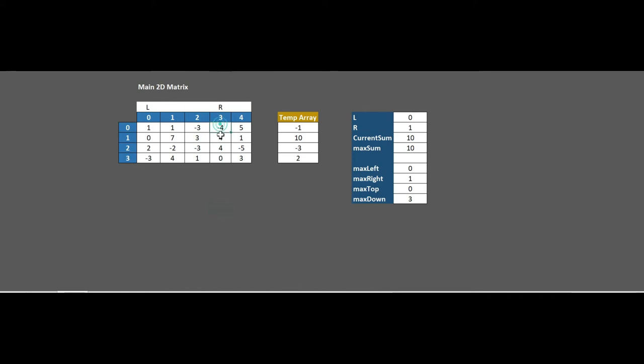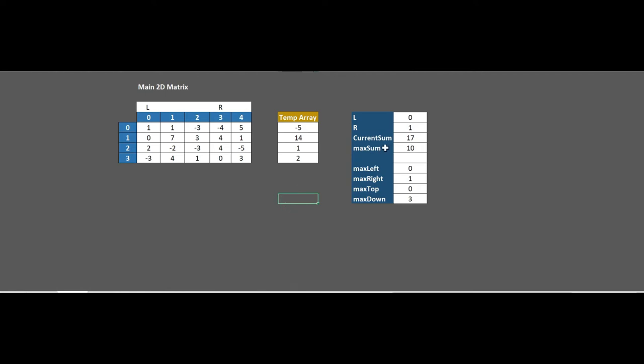So what we have to do is add all of this with this one. Minus 4 and minus 1 if we add, it will become minus 5. 4 and 10 if we add, it will become 14. 4 and minus 3 if we add, it will become 1. And 0 with 2 if we add, it will become 2 only. If we apply Kadane's algorithm here, this will give us the maximum sum, and the total sum will be 14 plus 1, 15, plus 2, 17. So the current sum will become 17.